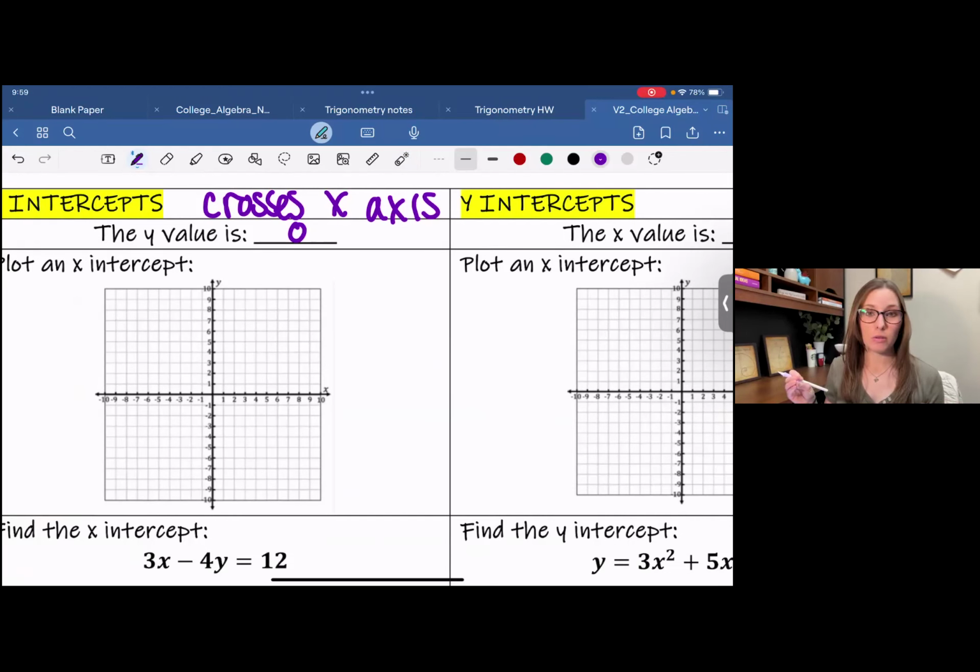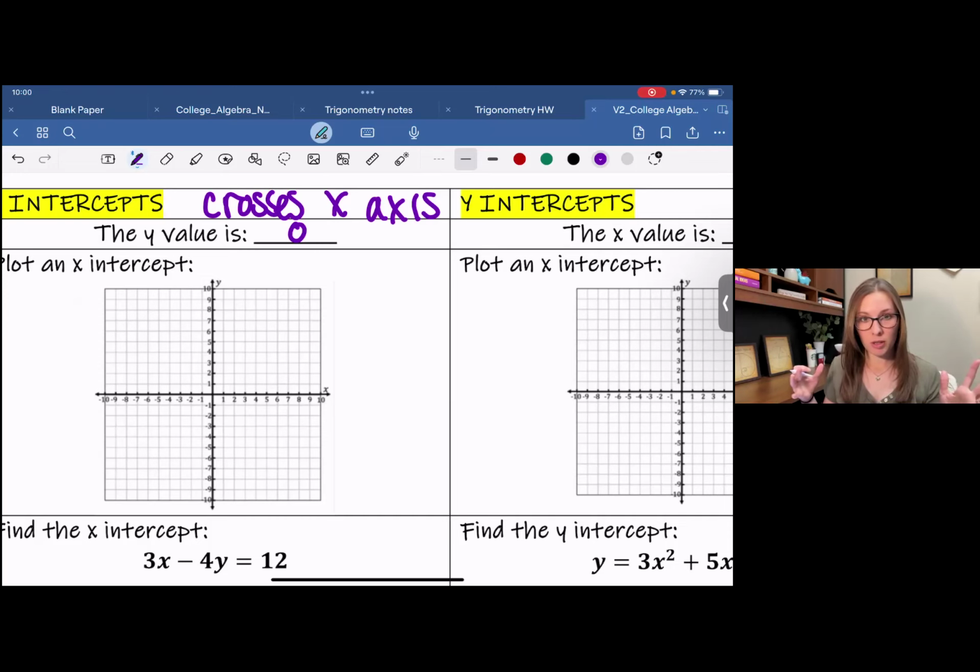So as we go through all of the lessons in the semester and all of the units, you're going to be finding X and Y intercepts forever. So you can't wipe it from your memory. You got to keep it in there. So for the rest of time, for all of eternity, if you're looking for an X intercept, the Y value is 0. So if you were to plot an X intercept, that means it's going to be on the x-axis,